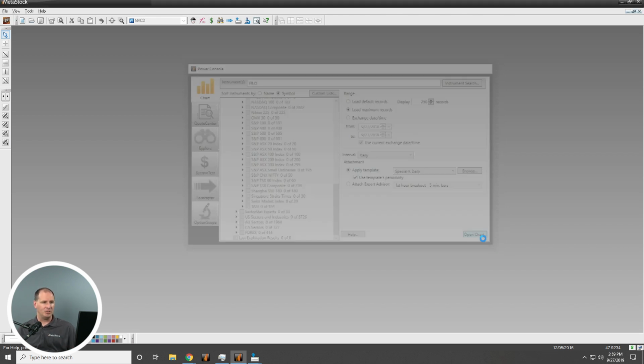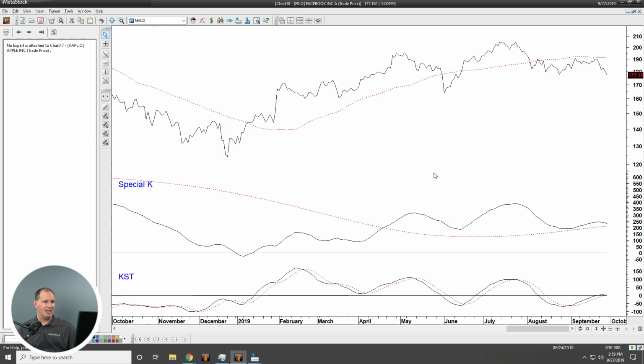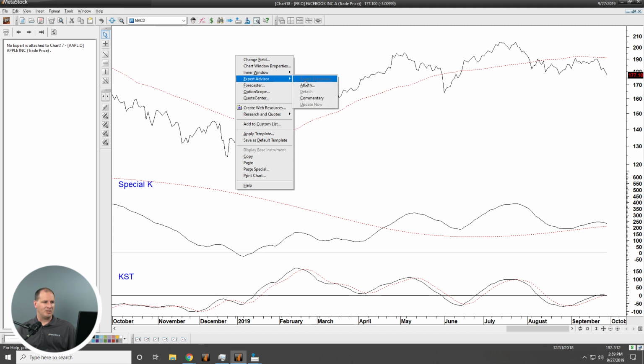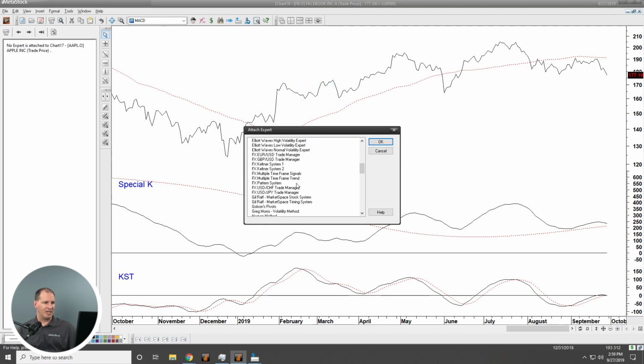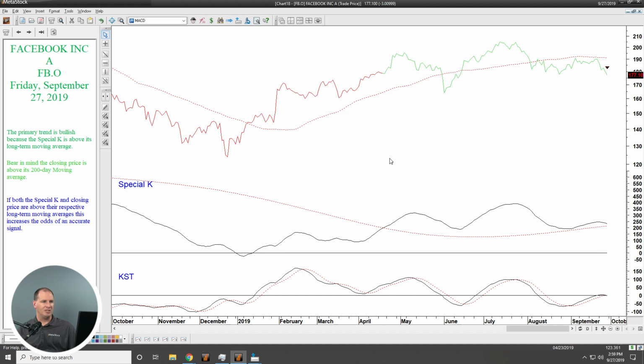Let's go ahead and choose Open Chart. This will load in the Special K for you and the KST. If you want that expert advisor on there, we'll just attach the Special K. We'll just put the primary trend on here. There's also a signals indicator that you can do, but you can see how it'll highlight the chart right there